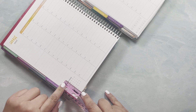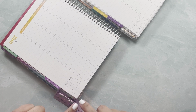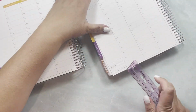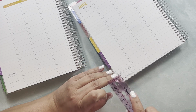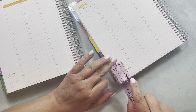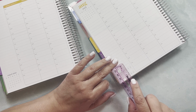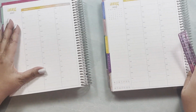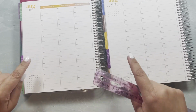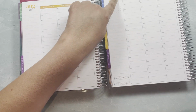So from this last line to the edge of the page, we had 1 3/4. Now in the new planners, from the last line to the edge of the page, we have less than 1.5. Okay, we have like 1/16 of an inch less. So as you can see, it's 1 2 3 4 5 6, 7/16, 1 7/16 of an inch. So the sizing is completely different, and do be careful if you use the